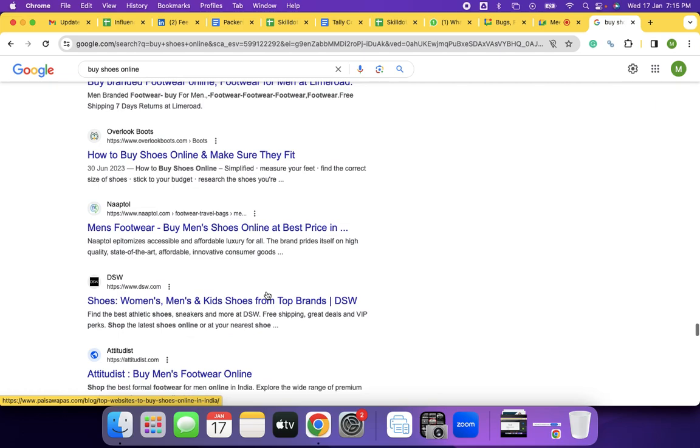So now let's assign some score for the crawl frequency. On the scale of 1 to 10, let's assign some score for the crawl frequency. Now the bot which is visiting, crawling the internet,